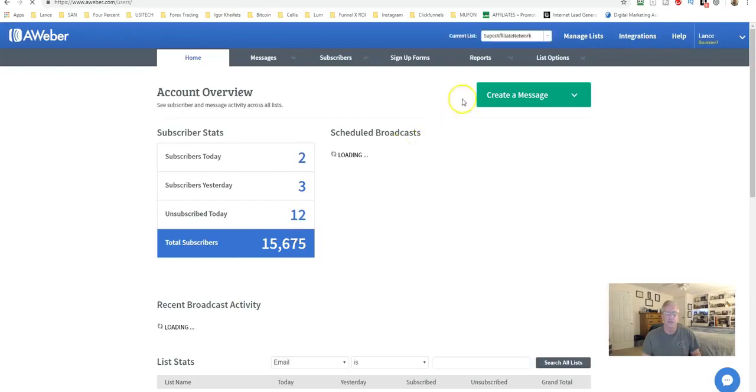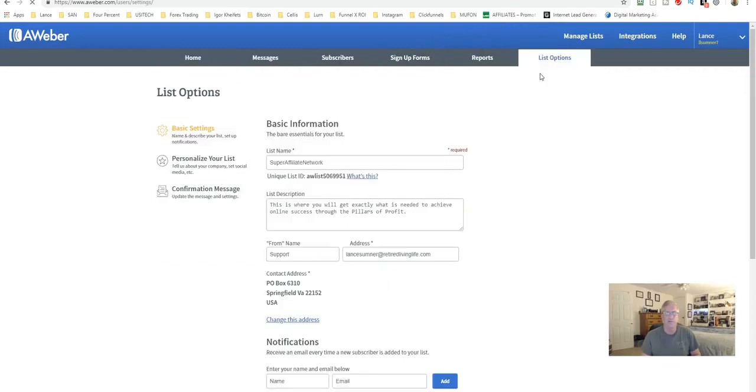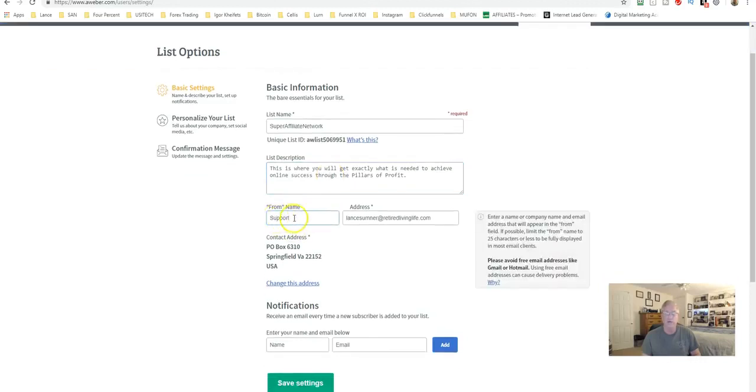I'm going to show you about the list settings. So once you've done that, in creating a list, I'm going to leave it on this list. We could just go to list options, and you would come to your basic settings. So basic settings, I now have my list name. What did I write in there in the description block? Where's it coming from? My name or whatever you want to set up in there. Your actual email, with the domain name email tied to it. Not just Gmail or Yahoo. It's just so much better. And you would go save settings when you've got it all fixed.